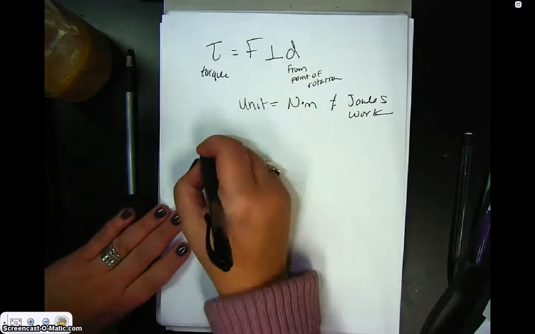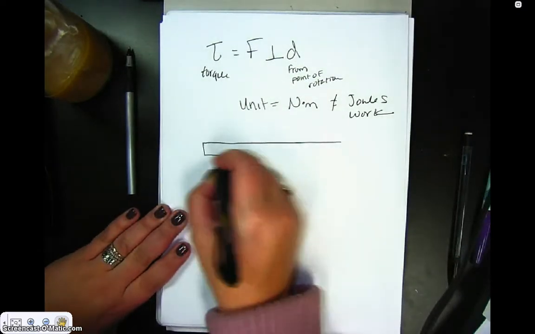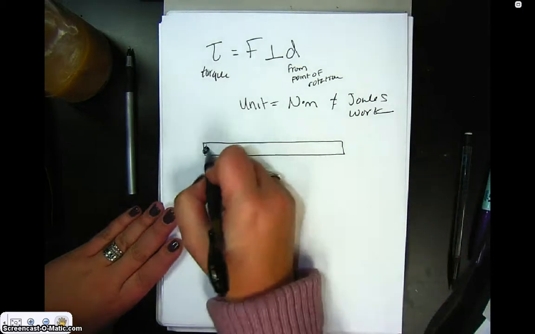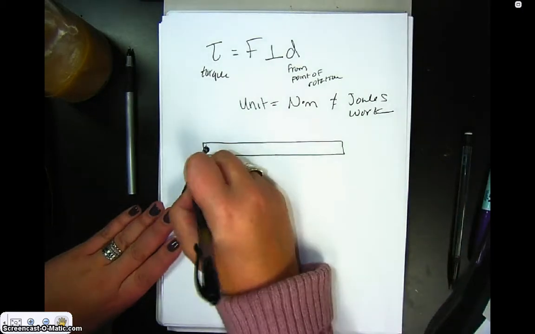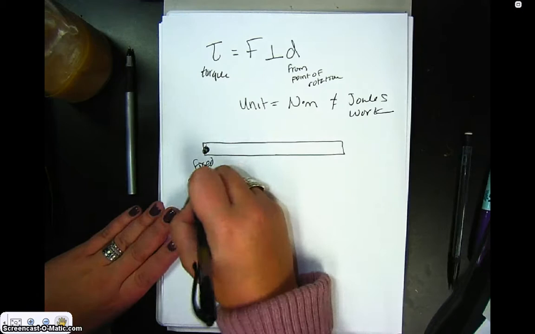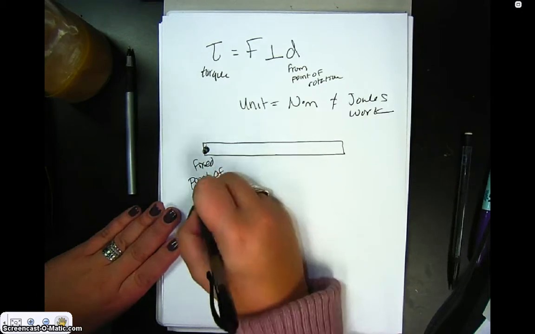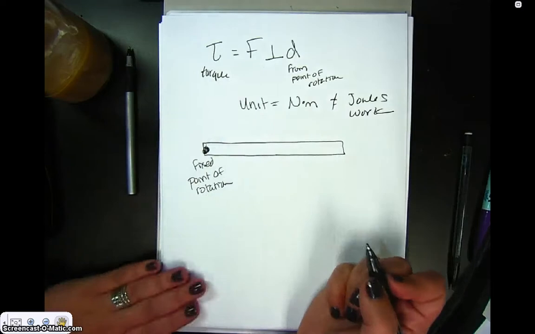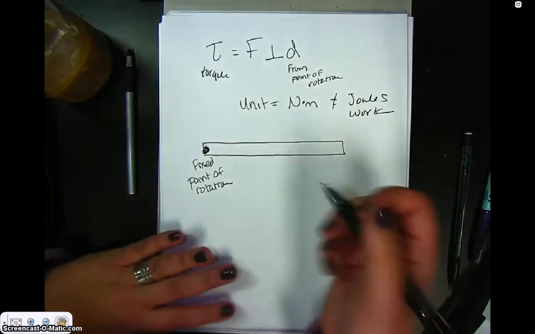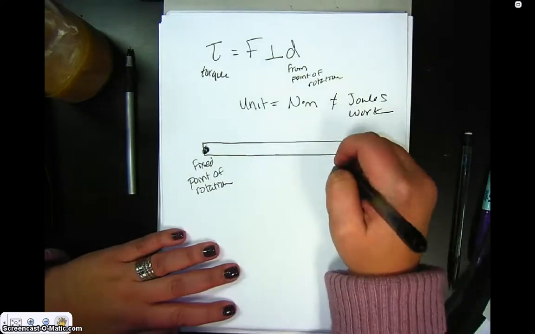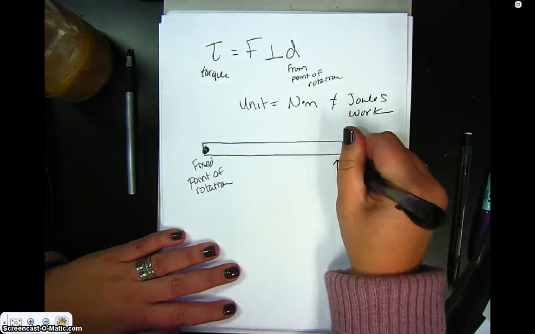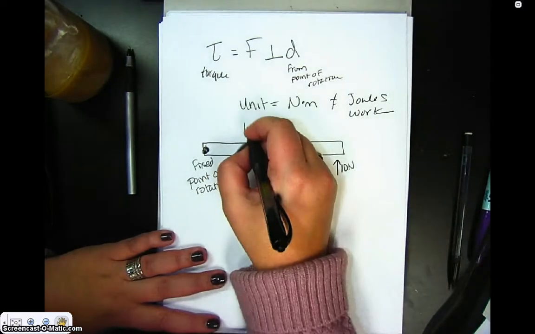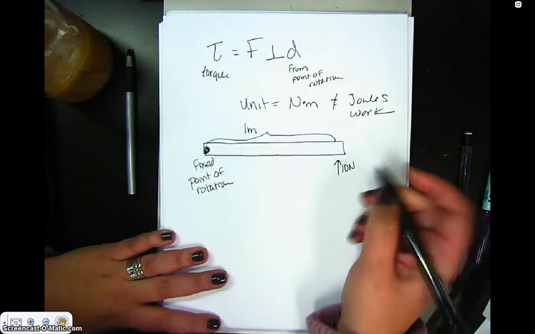So let's look at just some really, really simple calculations. Let's say I have a door and there's a hinge here. So this is a fixed position, or this would be the point of rotation, because if I were to push on that object, it would rotate about this point. So if I wanted to figure out the torque, let's say I were to push with 10 newtons at the end of the door, and let's say the door is just 1 meter this way, then the amount